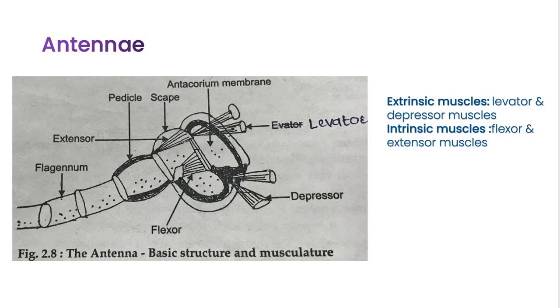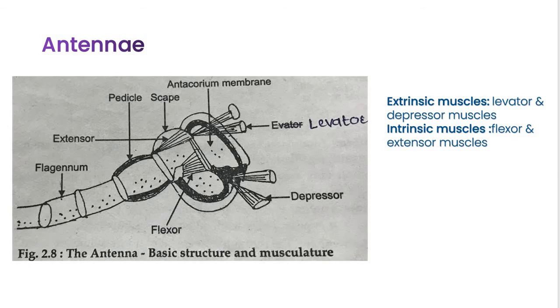This is the basic structure, like our hair. Hair is fixed in the hair socket, like the antenna which is fixed in the antennal socket. The base of the antenna is fixed in the antennal socket, followed by the next segment, the scape, then another segment, the pedicel, which is continuous with the elongated, numerous flagellar segments.